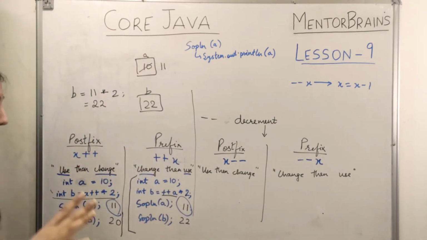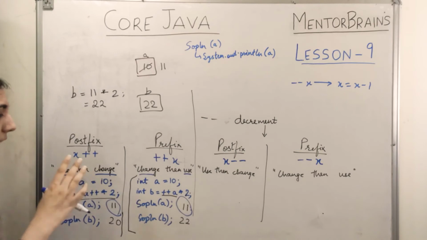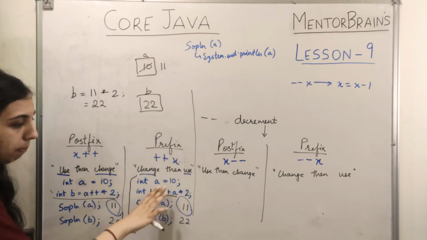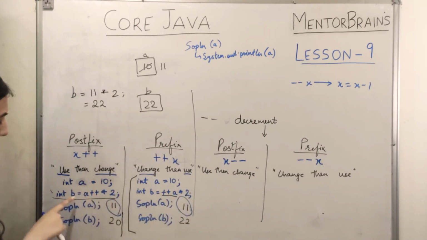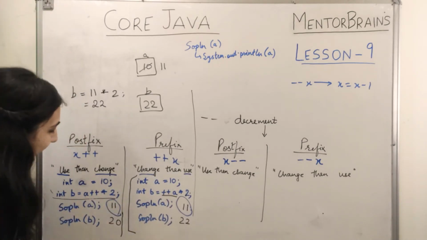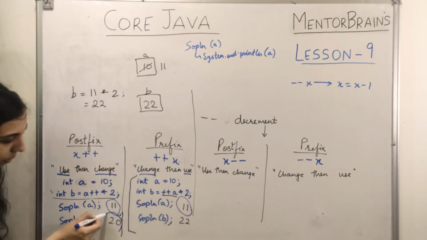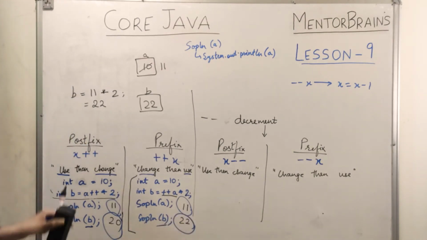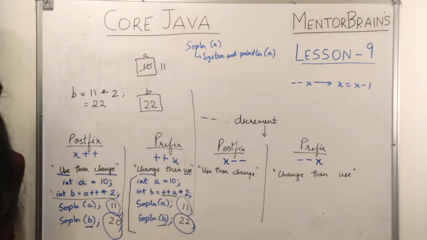But when I'm using this a in any other statement, or I'm assigning it to any other variable while doing some operation in it like this, and using ++ after, that is postfix here and prefix here, then the results will be different. As we see, the result for b here is 20, and for b here it is 22. So here comes the difference in postfix and prefix. I hope that must be clear to you. If you have any doubts, you can write in the comment section and I'll tell you further.